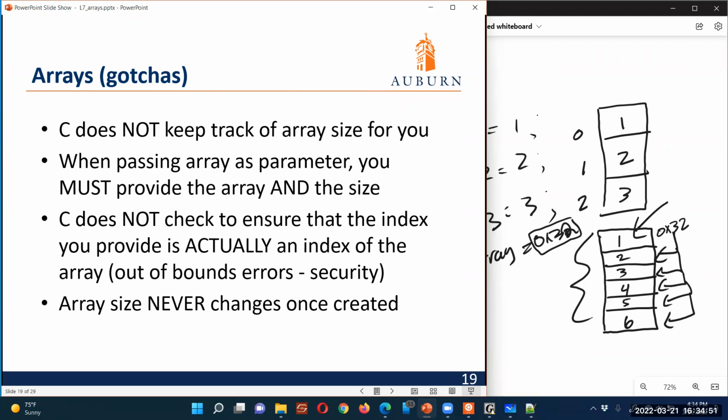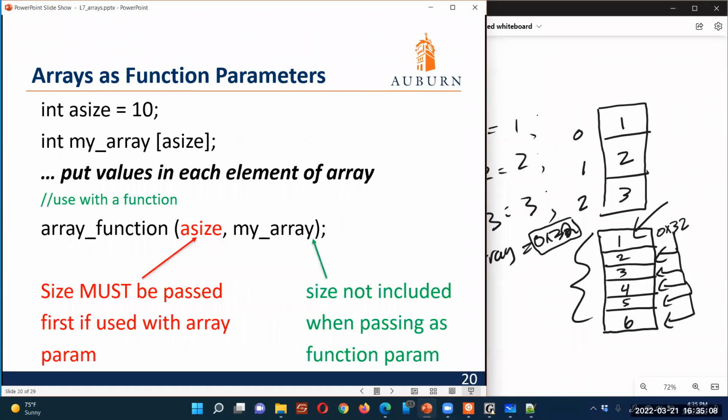And the other important thing is that once you create the array, you can't ever change the size. If I make an array that can store 6 things, it will never be any bigger than that, and it will never be any smaller than that. If I need more space, I have to make a bigger array and copy everything into my new array. Let's take a look at